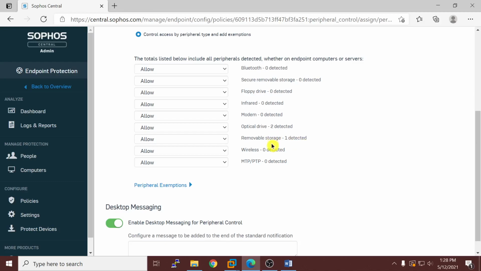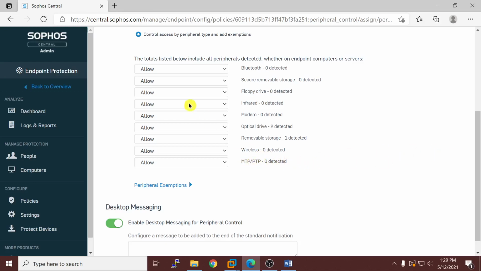Also we can control wireless devices, and MTP means media transfer protocol, and PTP is picture transfer protocol. We can categorize mobile storage chips as one of the MTP PTP category.